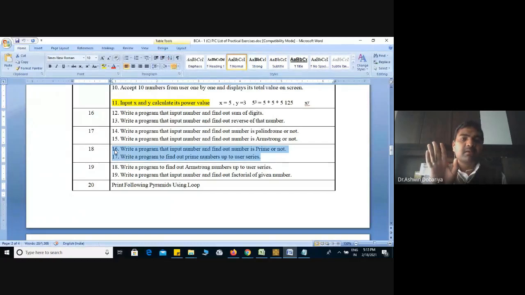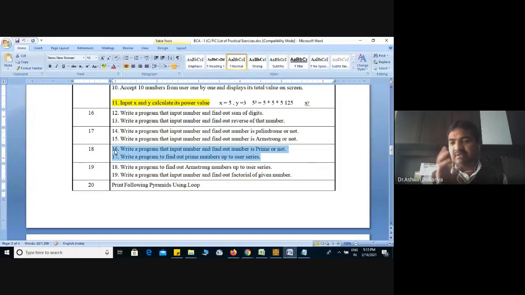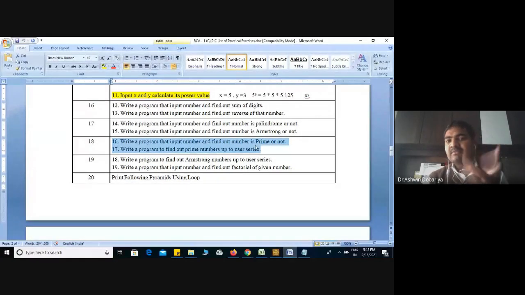Frankly speaking, right now it's not the time to explain each and every program. So those programs which are easy, try yourself. Most of the programs I will explain here. That's why I'm giving a hint about what a prime number is. So you just do this yourself. If any query, you can ask me.